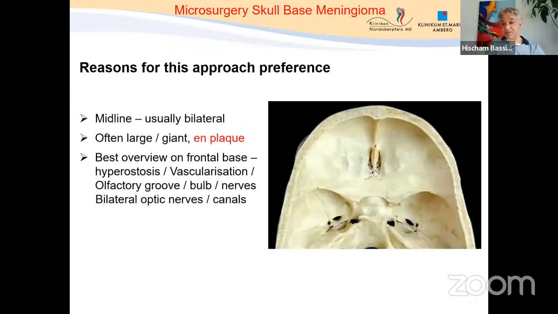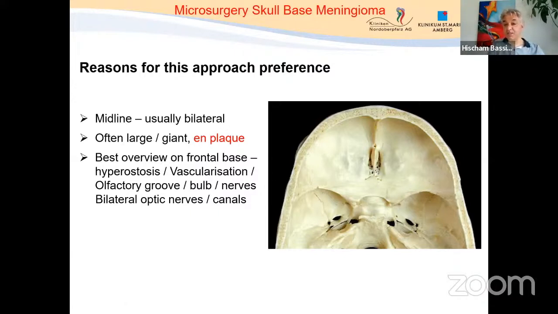What is the reason for this preference? Usually these tumors are, by definition, midline, so they are usually bilateral. Maybe, of course, they can extend to one side or the other, but usually they extend on both sides. When diagnosed, these tumors are often large or even giant. And you will see, if you're doing a lot of surgery on these tumors, that they regularly have